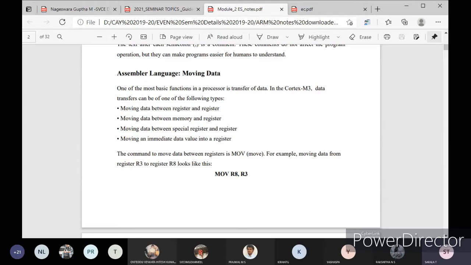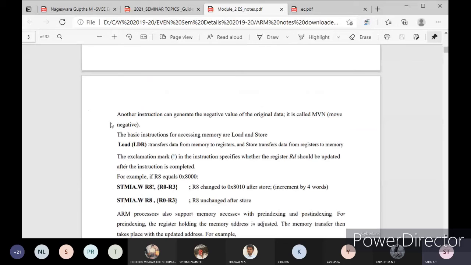The command to move data between registers is MOV. For example, moving data from register R3 to register R8 will look like this: MOV R8, R3. Okay. Another instruction can generate the negative value of the original data. It is called MVN, move negative.